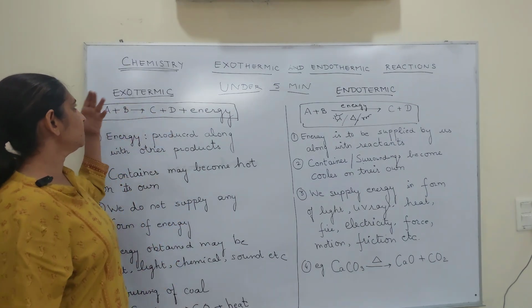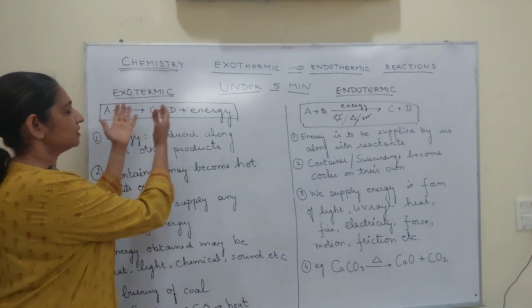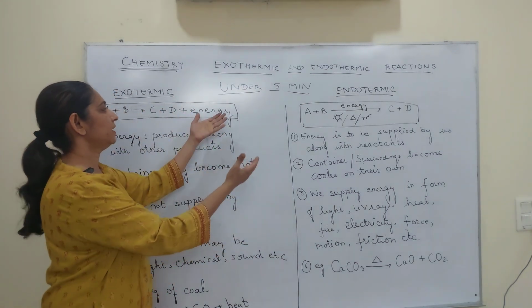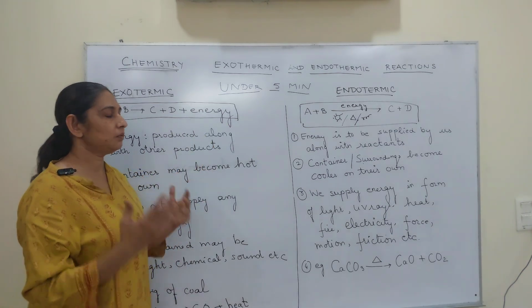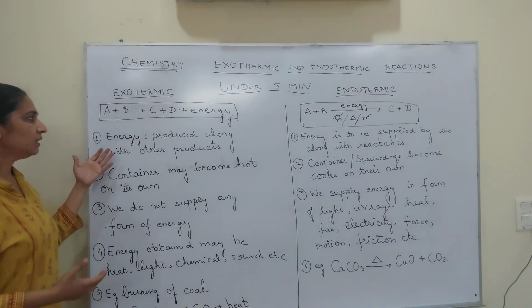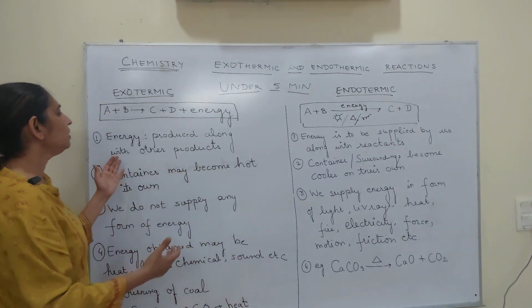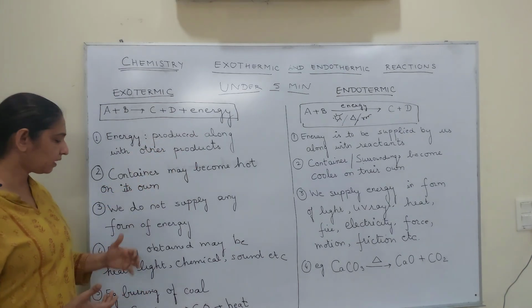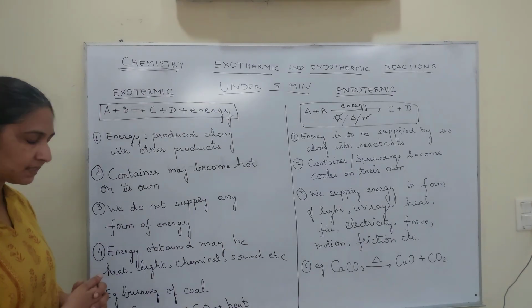Okay, so what is exothermic is when, in the reactants and products, the product side should have some form of energy. Okay, now what does it mean? It means that energy should be produced. It should be a product along with other products. Already, let's take the case of an example.